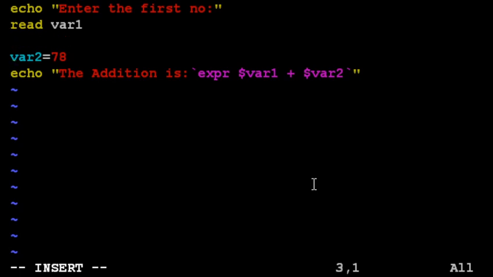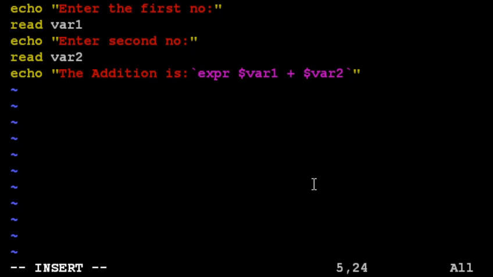Again you will ask for another number, echo, "enter second number", and then read the second number, var2. So again you will use the read command. Read will read the input given by the user into a particular variable. So read needs one variable name. So here for the first number var1 and for the second number var2 is used, and to do the addition the same expr command with backquote and that plus symbol you need to use.